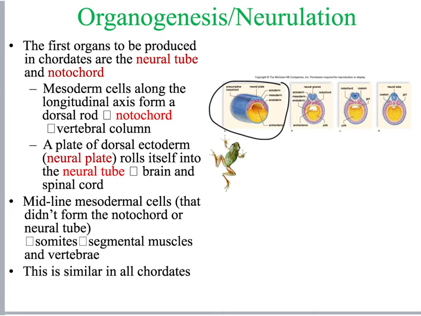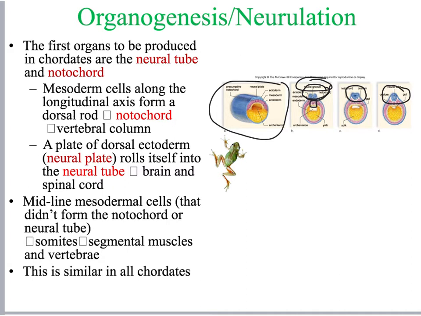The ectoderm on top of the notochord, here we can see the little notochord, it thickens and forms the neural plate. And then the ectoderm folds, forming a groove, which we call the neural groove, until it eventually folds and those folds fuse on themselves, forming a tube, which we call the neural tube. And this tube soon pinches off from the ectodermal layer and becomes covered by surface ectoderm. The anterior end of the neural tube becomes your brain, and the rest becomes spinal cord.